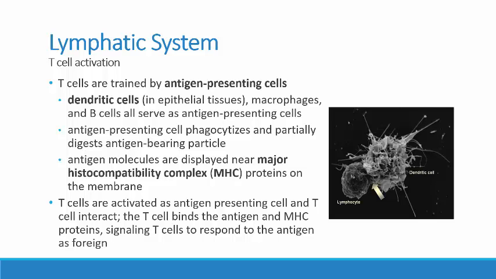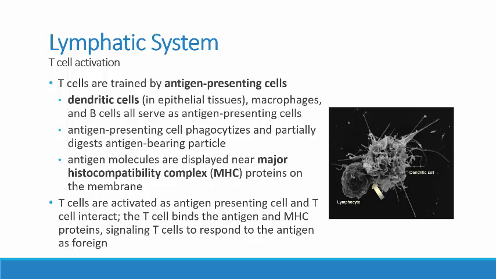And they are displayed near a particular set of proteins that are referred to as the major histocompatibility complex. So these MHC proteins are found on the membrane, and the antigen-presenting cell will stick these antigens that it's discovered near these